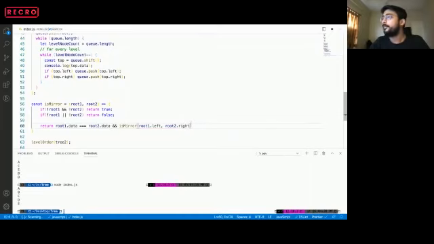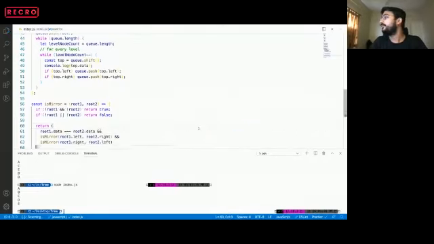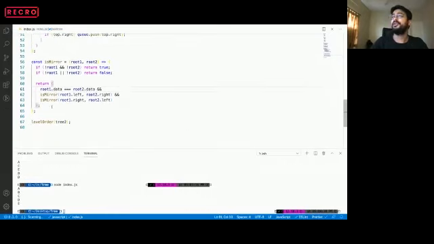Is it clear? As well as we will check isMirror of root1 dot right and root2 dot left. Is this condition clear to everyone? Okay, great. So this is a basic function that will return true if the tree is mirror or not.